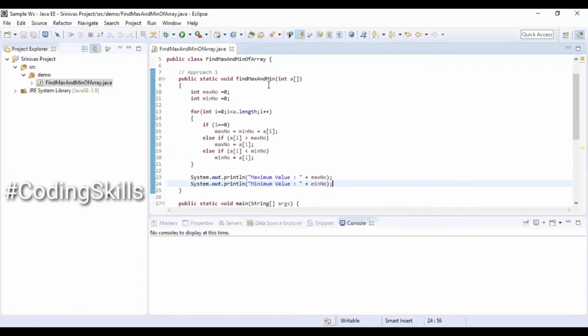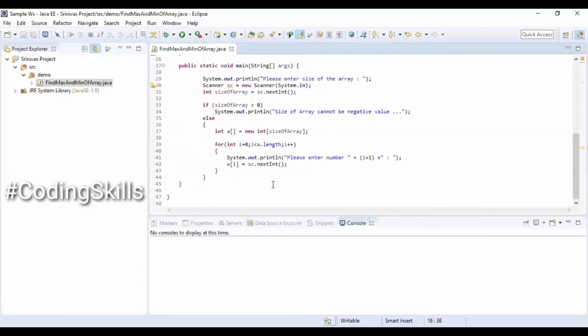So we are done with the static function. So we are going to invoke the static function in the else block within the main method, and we will also pass the array which is variable a.